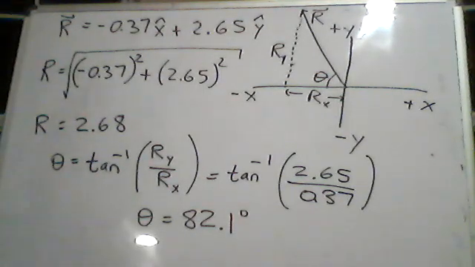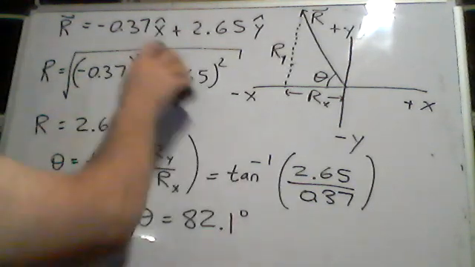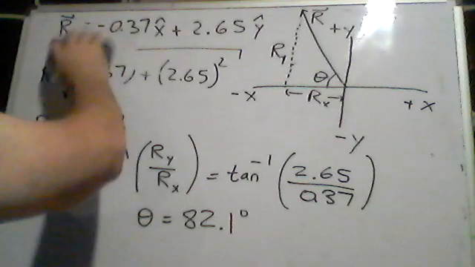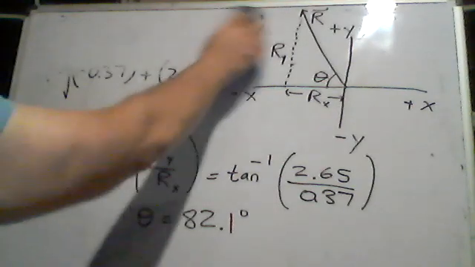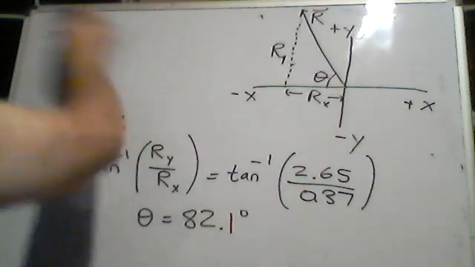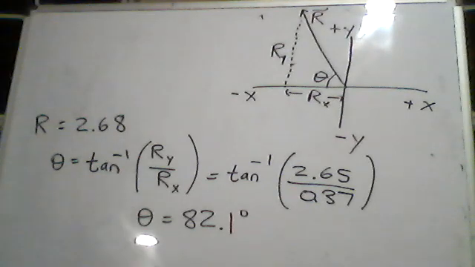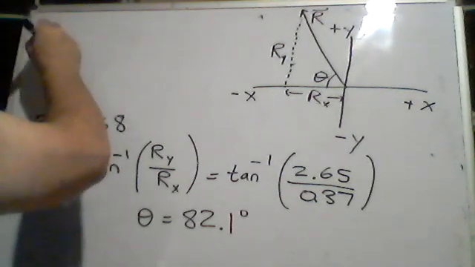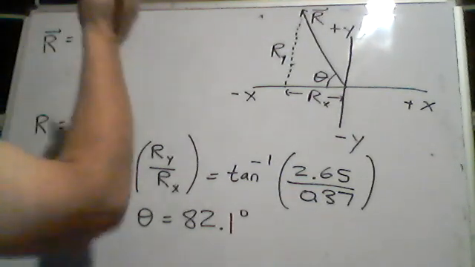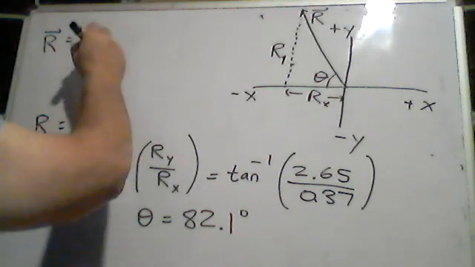82.05 is what the calculator says. All right, so there you go. And so you have this. So your final answer is going to be, I'm going to erase this stuff now. Again, I'm just trying to conserve space. So what I would actually write is that my final resultant R is 2.68 newtons